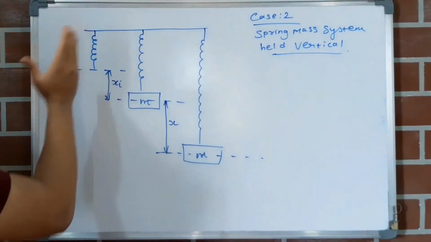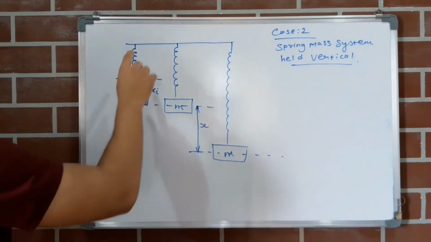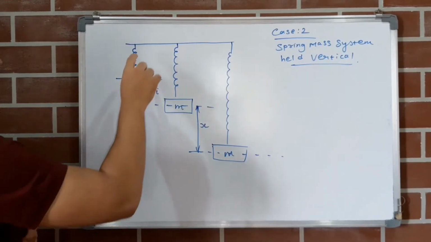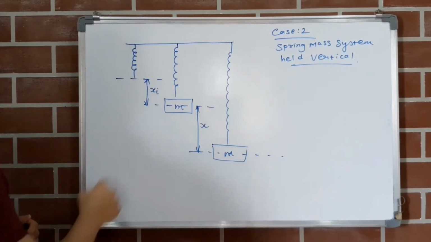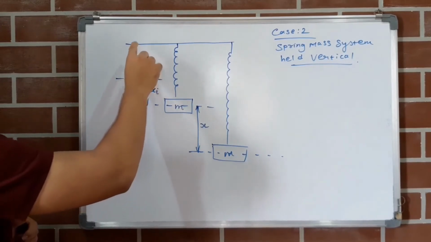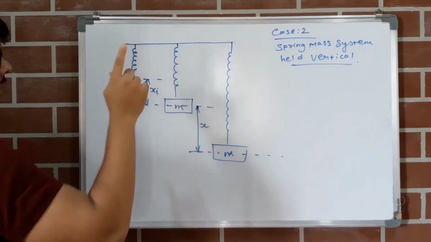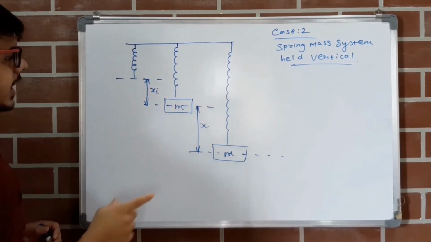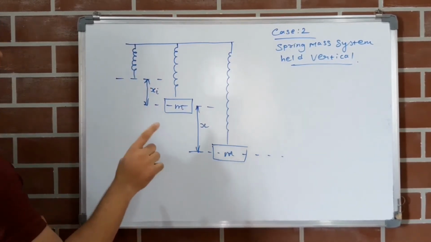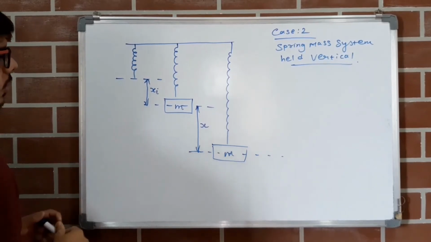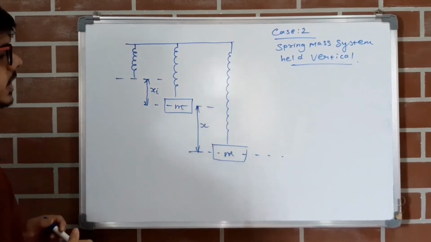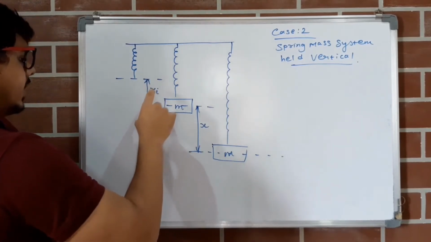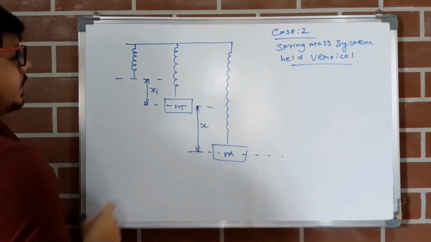अभी जब स्प्रिंग पे कोई भी मास नहीं लगा तब स्प्रिंग में कोई डिफ्लेक्शन नहीं आएगा। हमने अज्यूम किया है कि स्प्रिंग मासलेस है। सो जब भी मास हमने सस्पेंड नहीं किया स्प्रिंग में तब कोई भी डिफ्लेक्शन नहीं आएगा, ये स्प्रिंग अपनी नेचुरल लेंथ पे है। तो हमने देखा था कि हॉरिजॉन्टल के केस में जब स्प्रिंग अपनी नेचुरल लेंथ पे थी तभी मास की इक्विलिब्रियम पोजीशन हमको मिली थी। अब हम देखेंगे कि हमारी न्यू इक्विलिब्रियम पोजीशन कौन सी होगी।